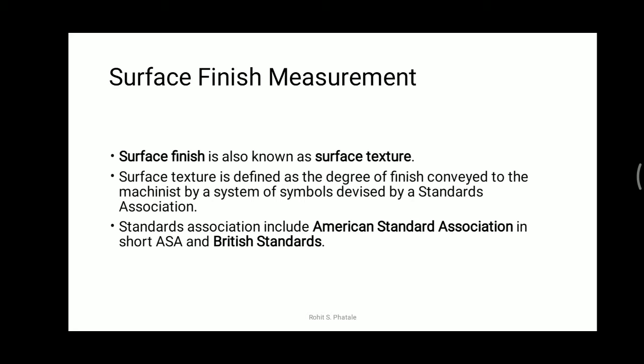For example, consider we want to manufacture a bike. The handle of the bike is made of stainless steel, and the surface finish of the handle is very lustrous. If the handle of the vehicle is not as attractive as we have on our vehicles, then what will happen? The customer will say that I am paying such a cost and I am not getting the results that I want. The bike or the vehicle must look attractive.